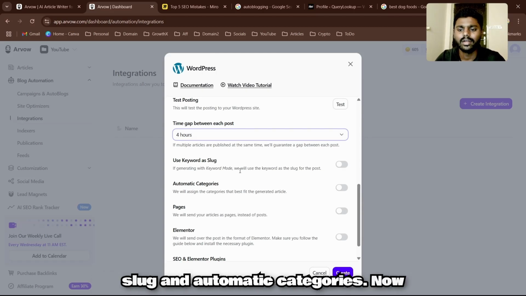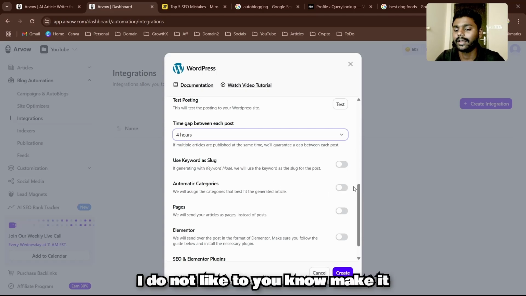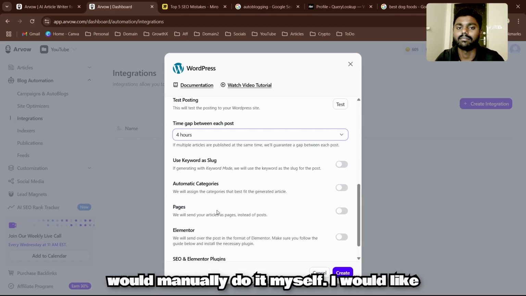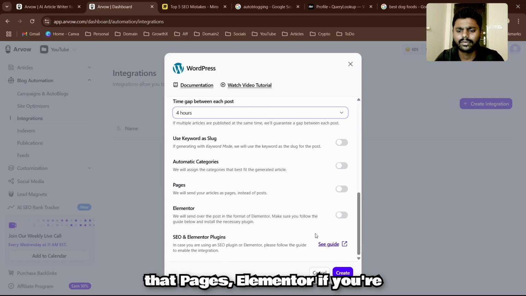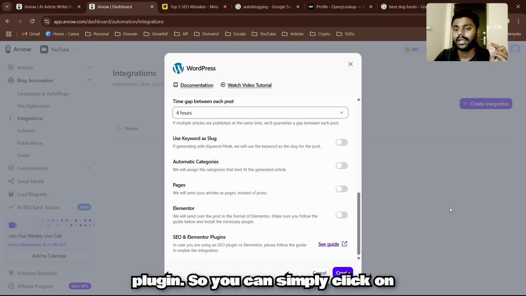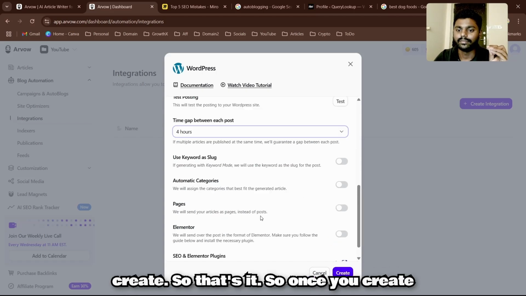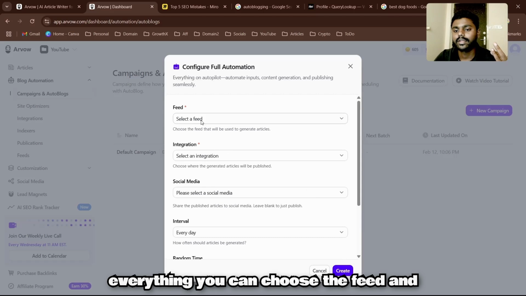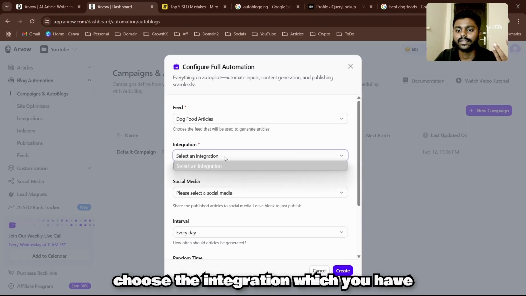and you can also use the keyword as a slug and automatic categories. Now I do not like to make it automatic categories because I would manually do it myself. I would like that. Pages, Elementor, if you're using the Elementor plugin, and the SEO Elementor plugin. So you can simply click on create. So that's it. Once you create everything, you can choose the feed and choose the integration which you have created,